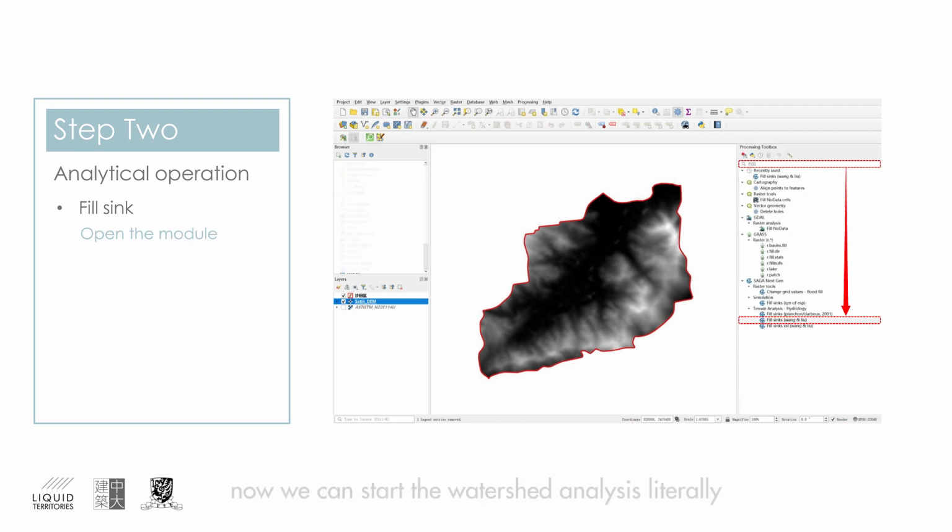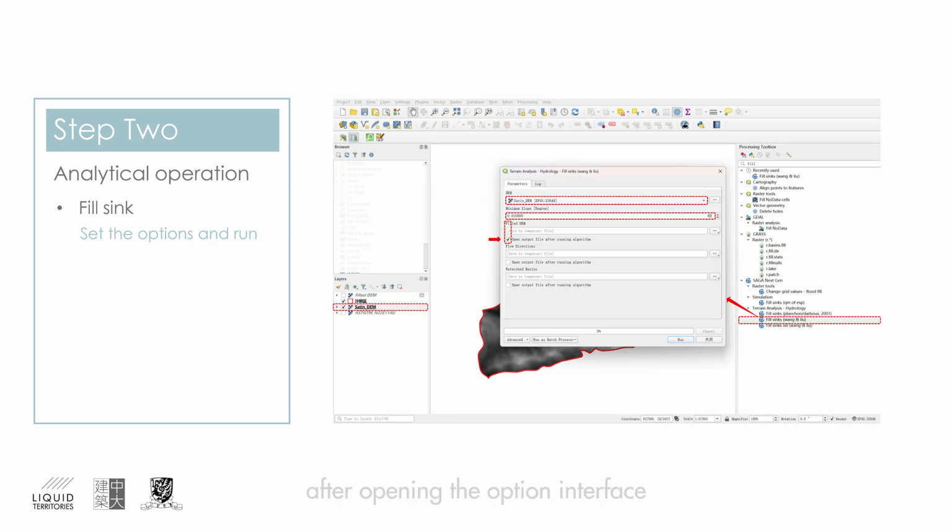Now we can start the watershed analysis literally. The first process is to fill the sink. It is used to remove incorrect depressions in DEM data in order to maintain continuous surface water flow. To open the module, simply type Fill into the search box in the Processing Toolbox frame and look for Fill Sinks, Wang and Liu. After opening the option interface, select our DEM data and specify the minimum slope, which in